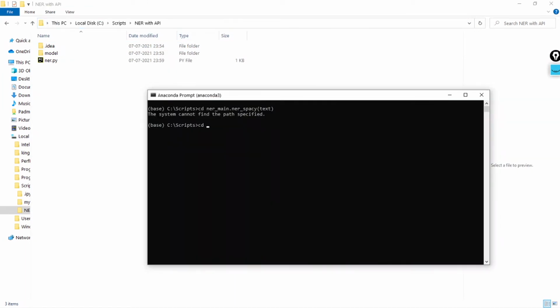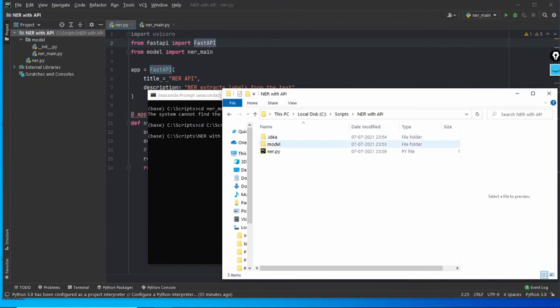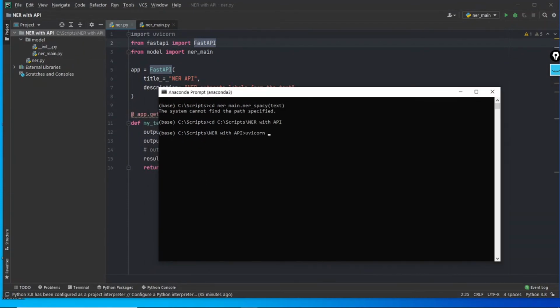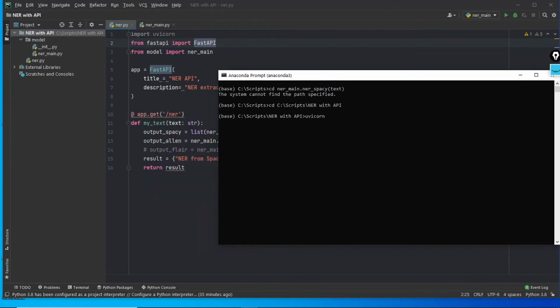I would say cd, copied. Okay, now the command we need to give here is uvicorn. I would say uvicorn, space, the file. Uvicorn, the file name, the API file where we have written all this code, uvicorn space NER,